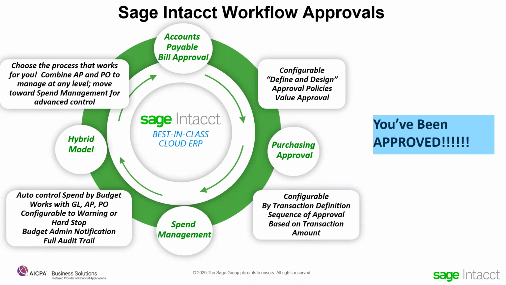Based on configuration, it will either be something that stops you and will not let you proceed, or it will be a warning, and that warning will advise you that you are putting yourself in an area where you do not have enough money to cover this particular purchase. All of this is identified to the budget administrator through notification, and there's a full audit trail to all of